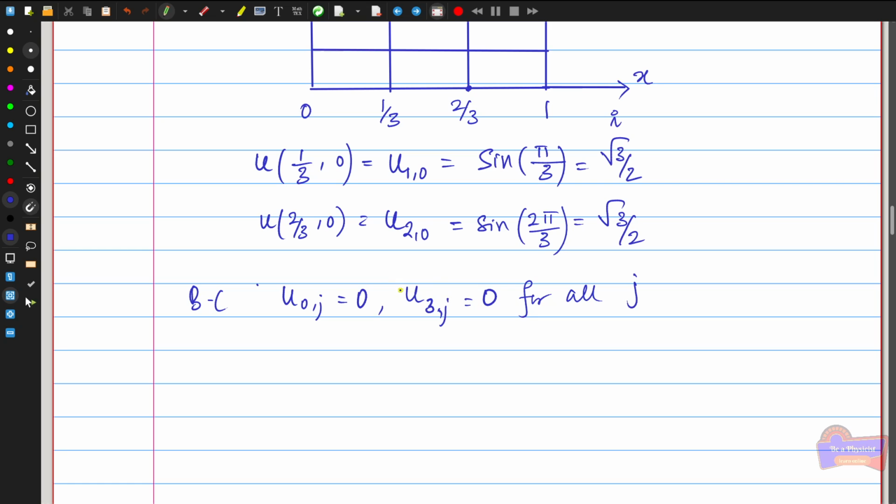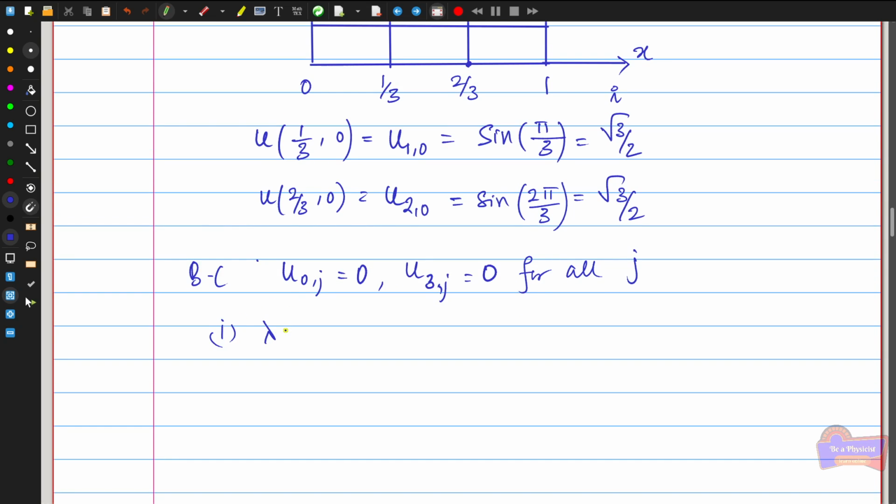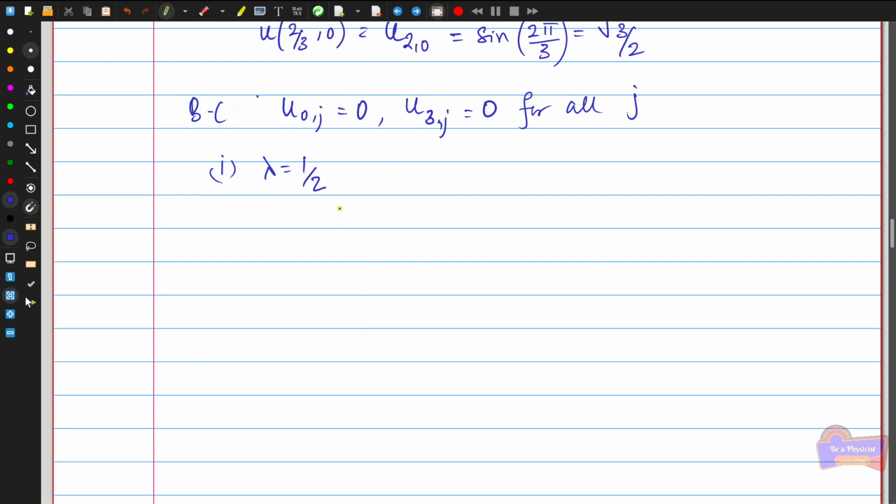Now first we are going to consider lambda equal to 1 by 2, and we are going to do 2 time steps for this lambda. If you substitute lambda equal to 1 by 2 in the Schmidt equation, the equation becomes u of I comma j plus 1 equal to 1 by 2 times of u of I minus 1 comma j plus u of I plus 1 comma j, where j takes values 0 and 1 and I runs over 1 and 2. So these are the 2 points for which we are going to find the solution for lambda equal to 1 by 2. So for